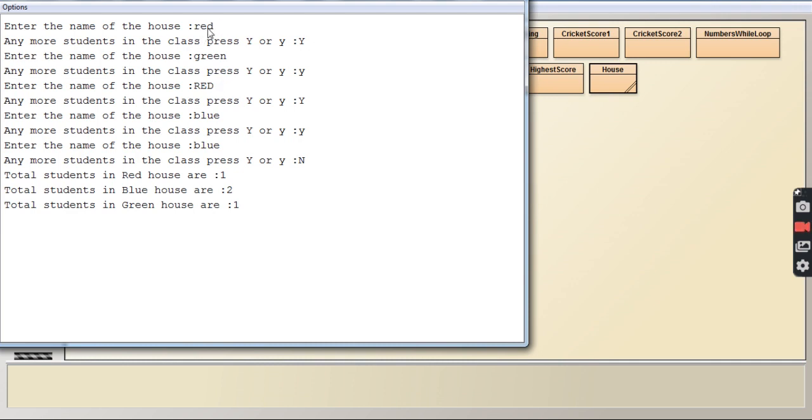The ASCII codes of uppercase RED and lowercase red are not equal, so it did not add. We did not have RED in uppercase in the program. We had lowercase red in the program. So one red we took from here, one green it took from here, and the uppercase red it ignored. Blue and blue, it took 2 students in blue. So red 1 student, blue 2 students, green 1 student.